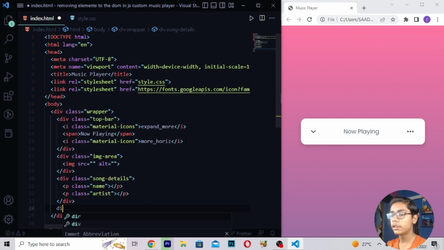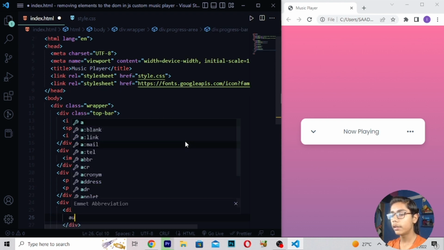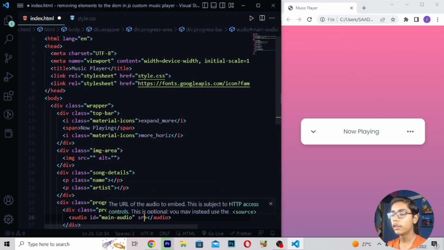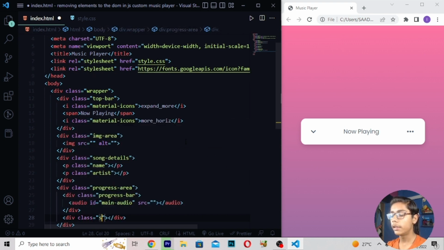Then when you've written this, here I'll be writing div class progress area. Then I will be writing div class progress bar. Then I will be writing audio, just writing here id is equal to main audio. Then right here source, and here I will be writing div class song